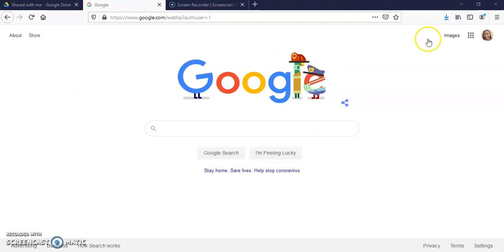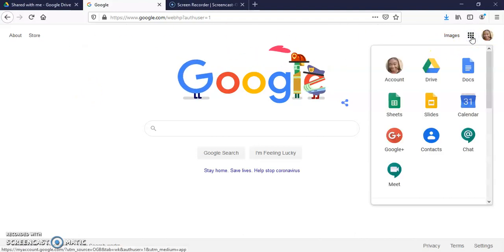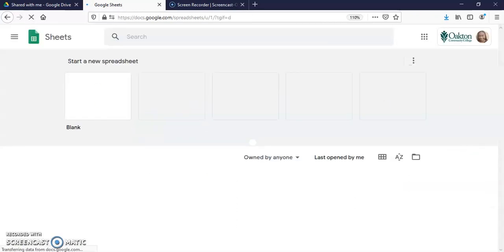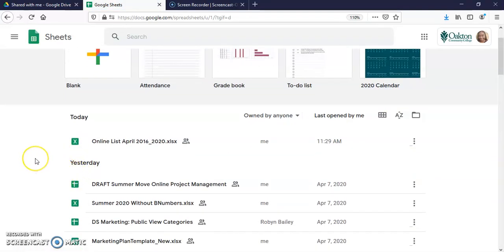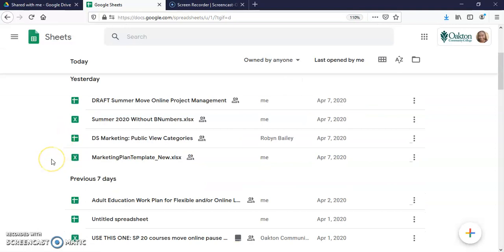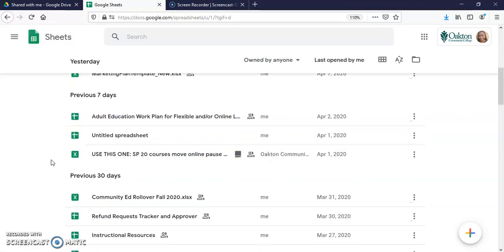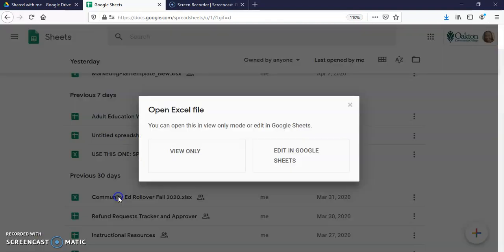With that being said, you would go in here and click on the dots, and again you're going to Google Sheets. You can always go through your Drive and go from there, but the quickest way to do it straight away is to just click on Sheets. Once you click on Sheets, you're going to be able to see sheets that you've done, and you are also going to be able to create blank sheets if that's what you would like to do. For the sake of this conversation, I am going to bring up a sheet that I've already